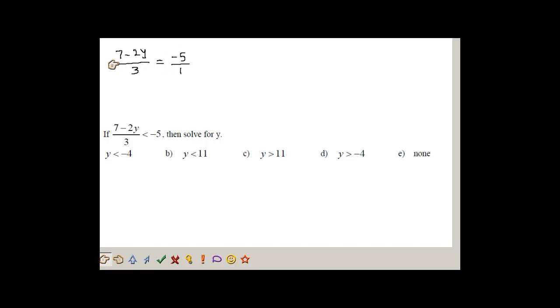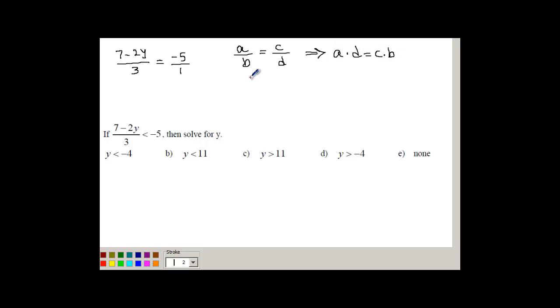You can either multiply both sides of the equation by the LCD. The LCD among both of these would be 3. I can multiply both sides by the LCD, or just simply cross multiply this. Because if you have a proportion A over B is equal to C over D, I can cross multiply this. I can say A times D is equal to C times B,